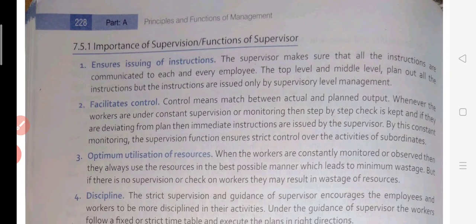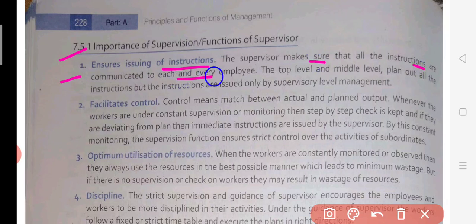Importance. Yes, the first importance of supervision, क्यों watch रख रहे हो, क्यों नजर रख रहे हो, ensures issuing of instructions. So, okay, whenever you are keeping a watch over the employee, definitely you can issue them instruction if they are not working properly. So the supervisor makes sure that all the instructions are communicated to each and every employee. The top level and middle level plan out all the instructions, but the instructions are issued only by the supervisory level management. So whoever is working at this position as the supervisor, it is his task to give the instruction